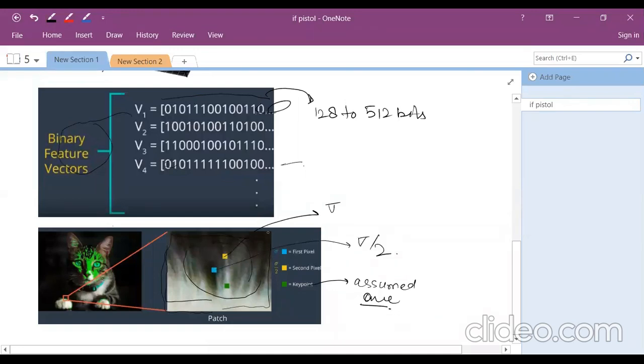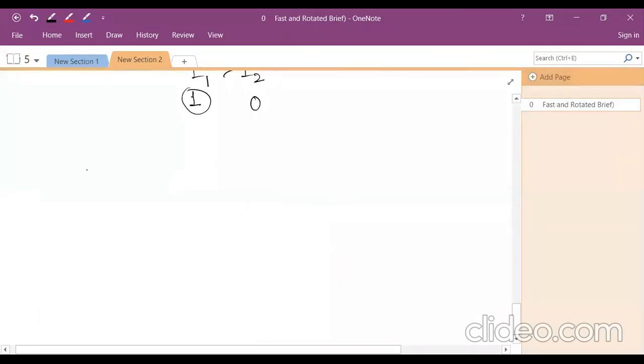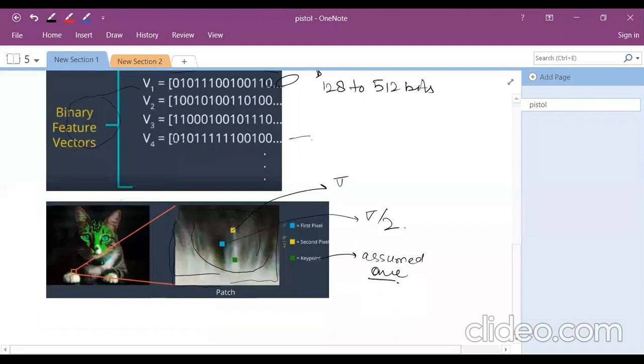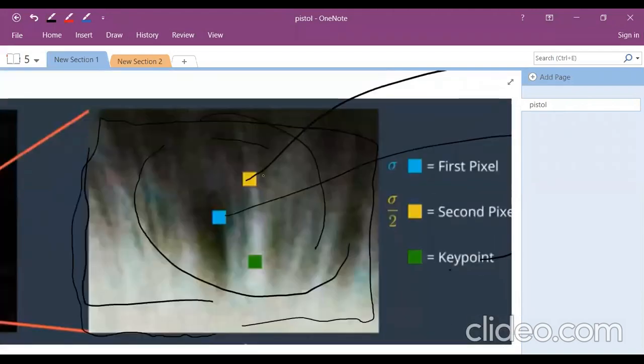Actually, the intensity of a particular image is nothing but a set of integers from 0 to 255. So 0 acts as black color and 255 acts as white color. From that, can you please tell me which pixel will get 0 and which pixel will get 1 by using the BRIEF algorithm?